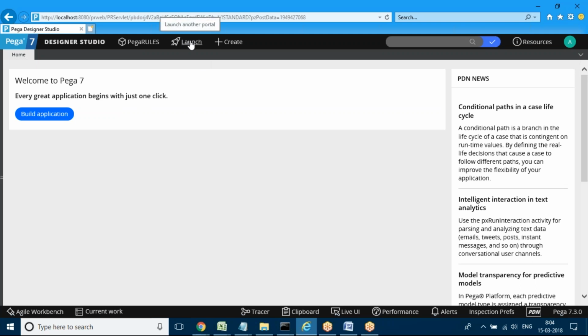And the next menu is the Launch menu. I told you that a Pega application contains different portals. If you create one, it will automatically create different portals. So the launch purpose is, suppose you are a developer in real time, you will have developer access, and along with that, user portal access also. So in the launch option, in the personalization default ID, they have given access to the manager portal actually, but in real time they will give access to the user portal. They will give access, meaning directly from the developer portal you can launch a different portal.